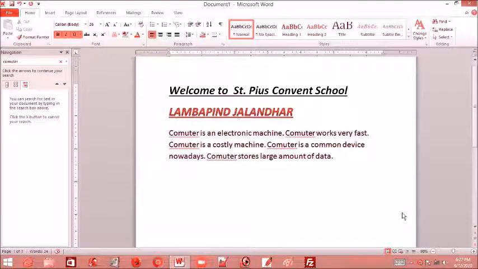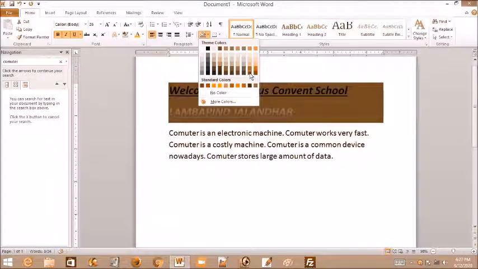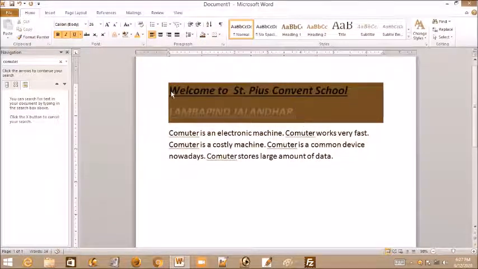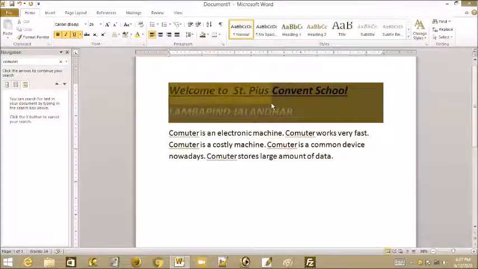So students, we have seen some options in Paragraph. Here we have one more option, for shading. We just have to select the text which we want to shade, and you can select the shading color. This is how we can do it. Okay, for example, we want to use this color. And see the difference between text highlighting color and shading: in text highlighting color, only the text is highlighted, like this.